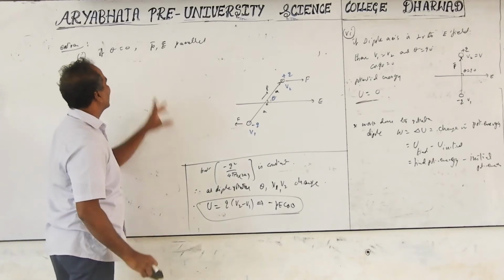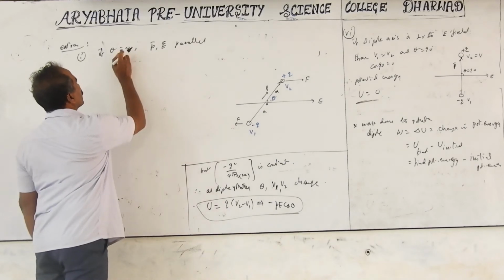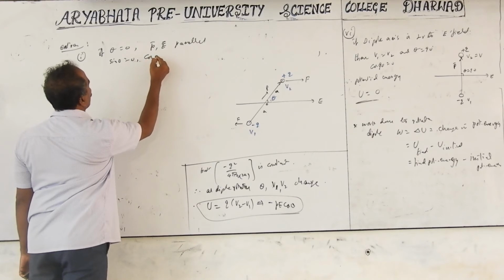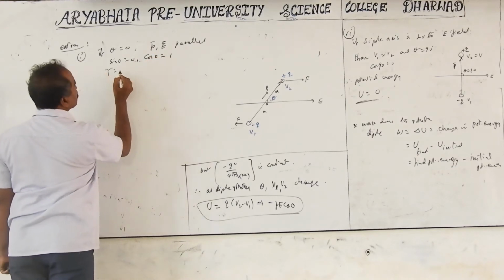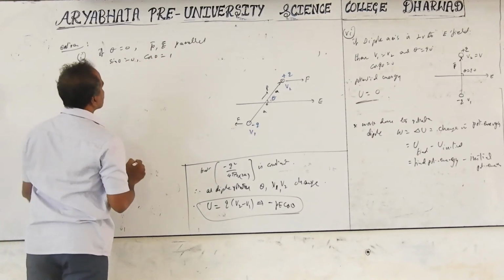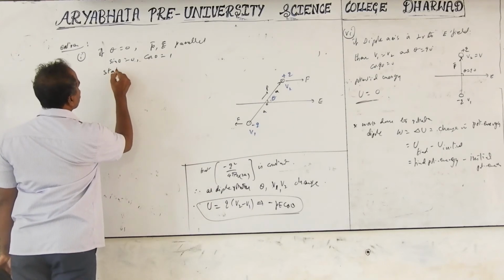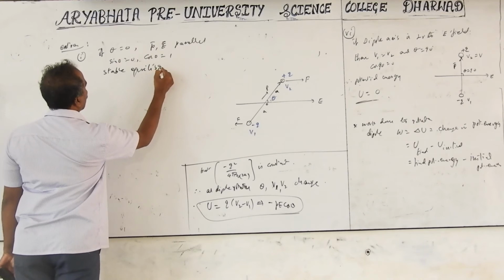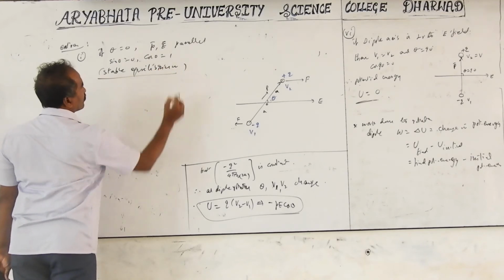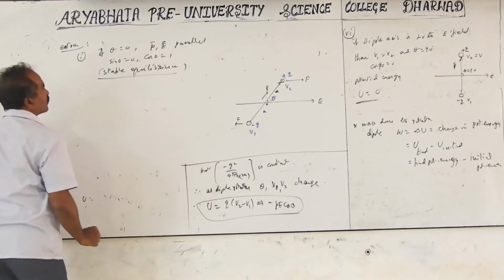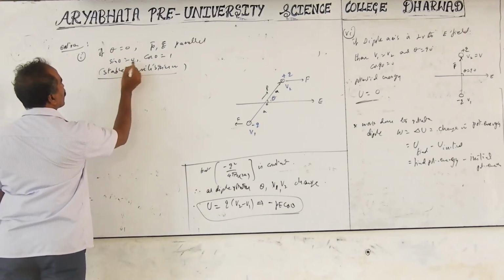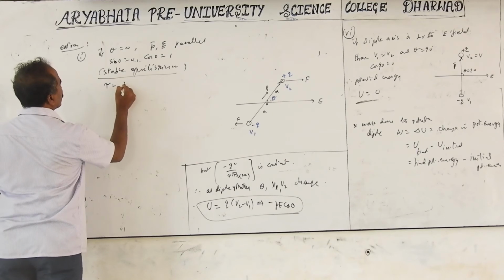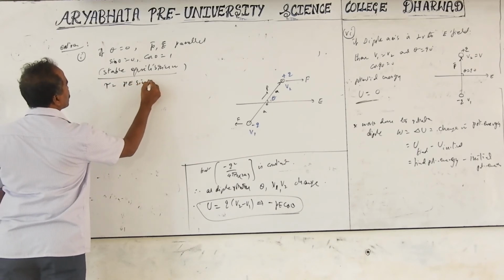Torque equals pE sin theta. Sin 0 is 0, but cos 0 is 1. So torque is 0, and this condition is called stable equilibrium. This name is important. Stable equilibrium, very important for the problems and computations. Stable equilibrium, theta equal to 0. Then sin 0 is 0, cos 0 is 1. Torque equal to pE sin theta equal to 0.